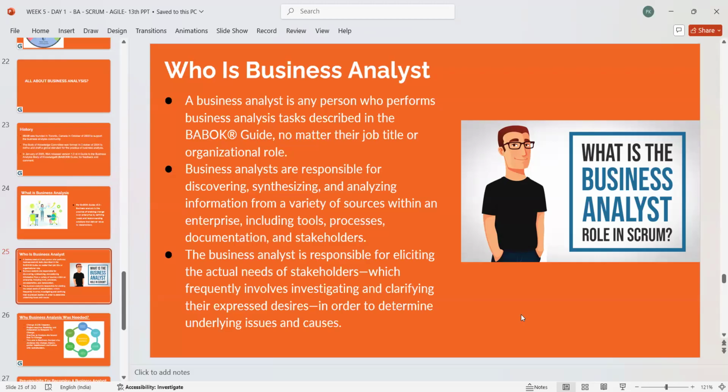The next point is a very interesting and actual process. We are saying that BAs are responsible for discovering, synthesizing, and analyzing information. This has to do with the first statement that we started our session with today, creating insightful data from whatever raw data you have. So what do they discover? Like for example,